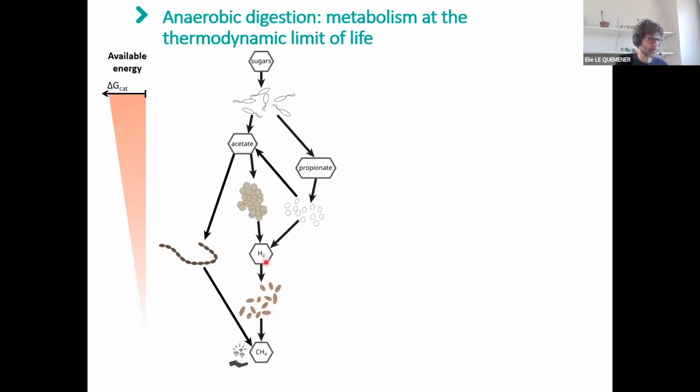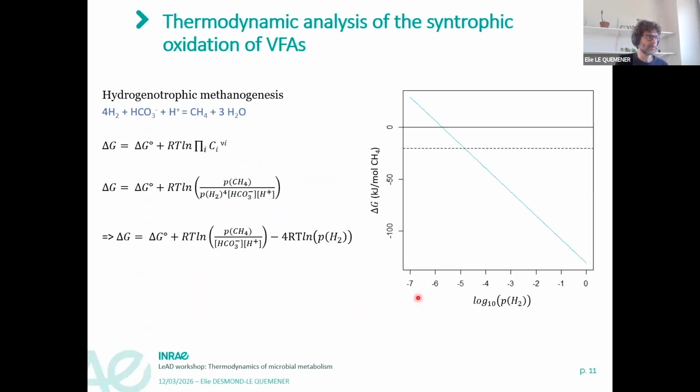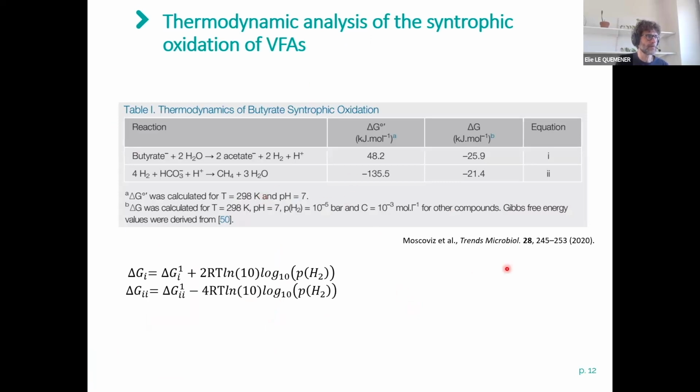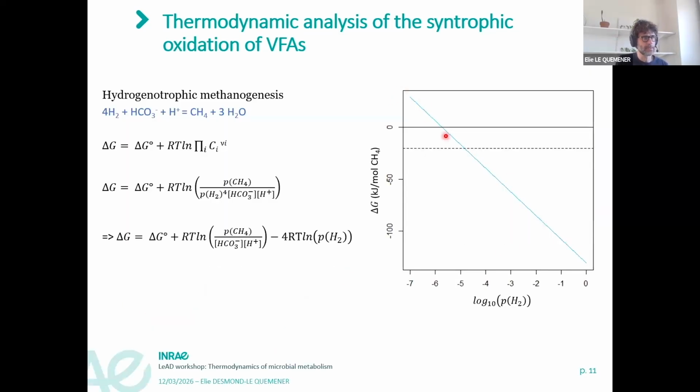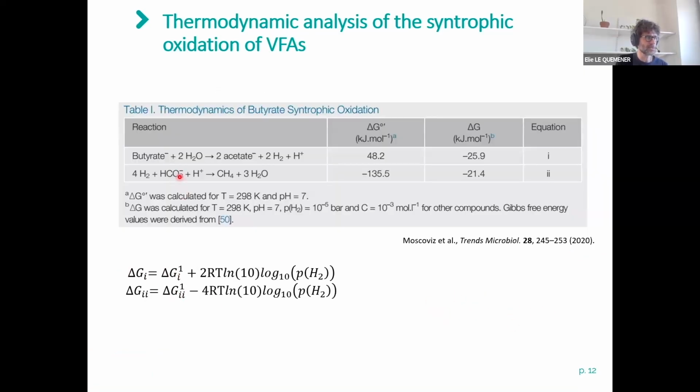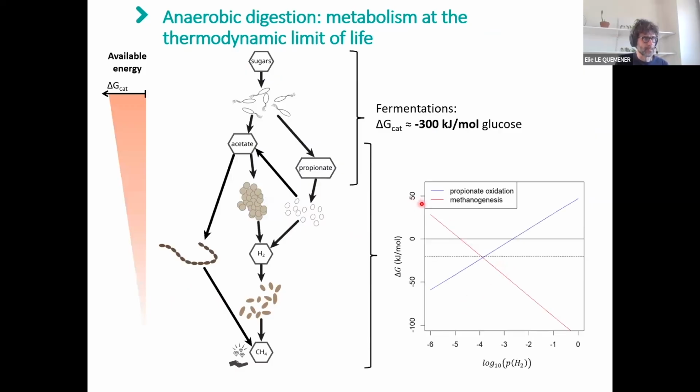And also the problem with this part, sorry if I go back here, this is the reaction we use, so this transformation from H2 to CH4. And the problem is that it's coupled to other reactions or other microbes that are producing this H2. So if I do the same calculation, for example butyrate oxidation to acetate and H2, and here I compare with methanogenesis from H2. So when I take into account the methanogenesis, the second one, we have this delta G that decreases when the logarithm of the pH2 increases, and we have the opposite for the delta G of the first reaction. So it means that there is a